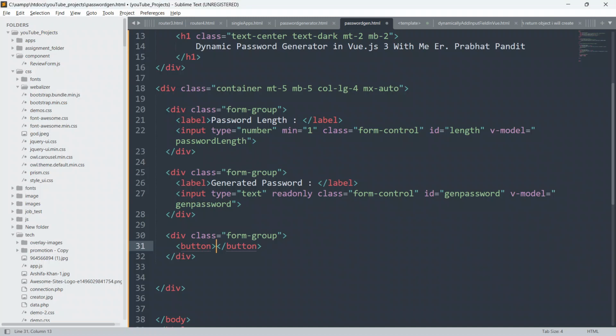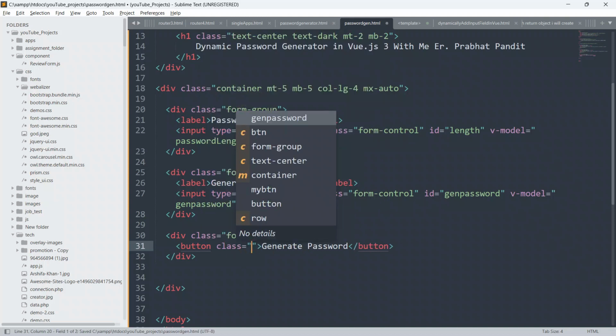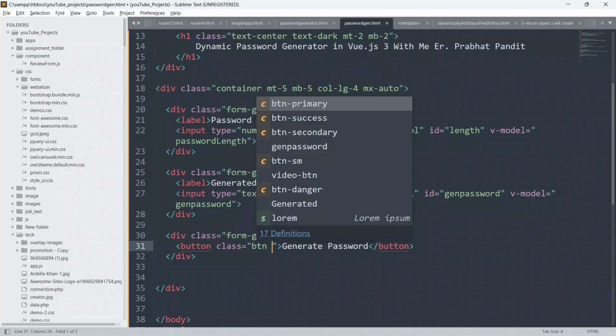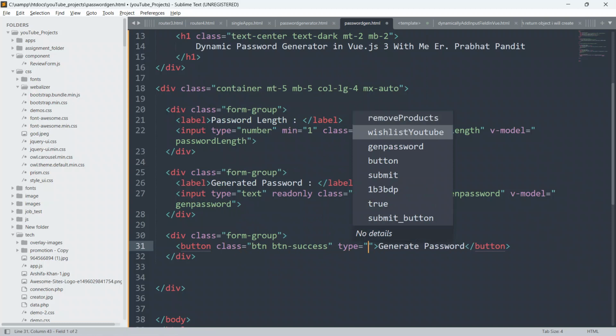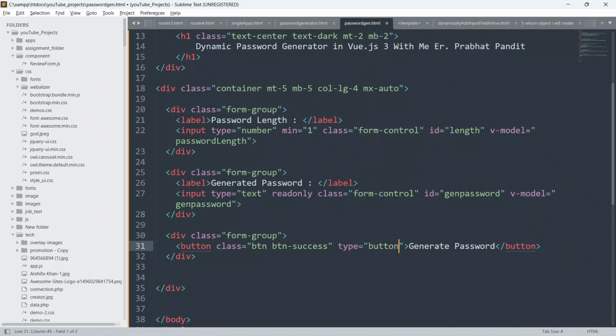Now we have to give the class also, so I'll give btn and btn-success. And here I'll give type as button.